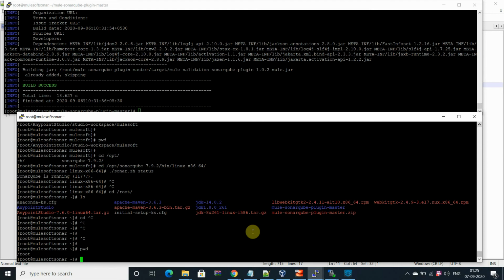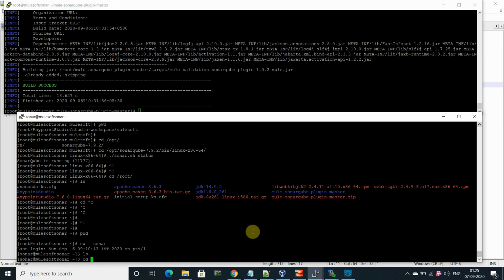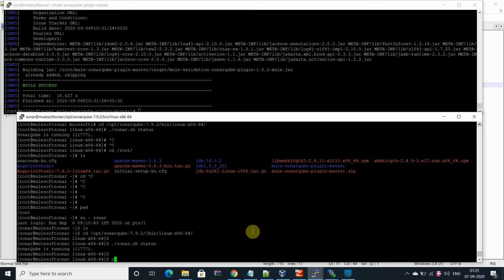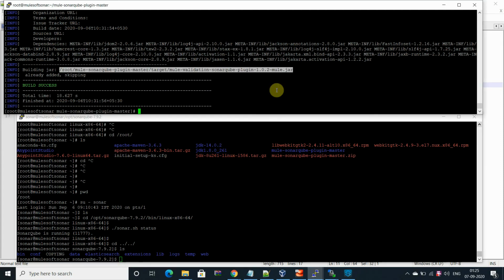Let me go to Sonar and see the location where you have to copy this plugin, which we have just created to support MuleSoft code rules in SonarQube.